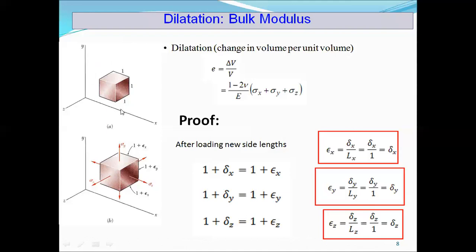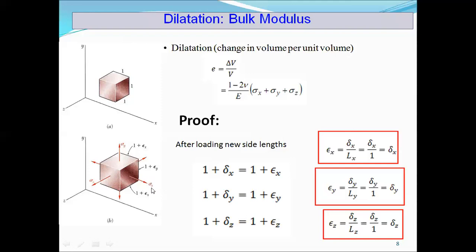Now, from where did we get this equation? For that, again we are assuming a material in the shape of a unit cube. Each side is 1, and we have subjected the material to general loading. We have loading along the x-axis, y-axis, and z-axis. You can see that the loading on this unit cube is tensile loading. Sigma x is tensile stress, sigma y is tensile stress, and sigma z is tensile stress.